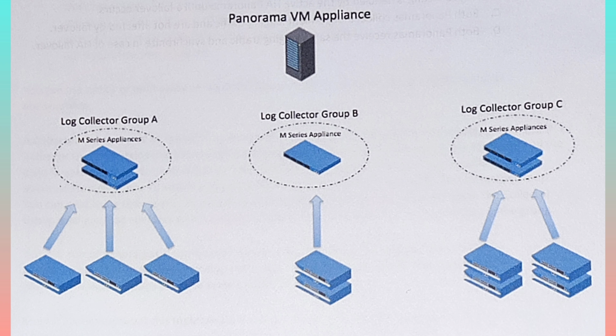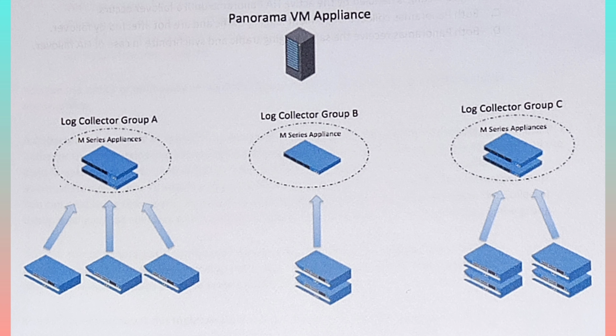Now let's understand, given a scenario, how we identify the strategy that should be implemented for distributed log collection. Log collection platform choices. When centralized logging is implemented, one design criterion is where log collection will occur. The options for log data collection are the Panorama management platform, a Panorama managed log collector, and a logging service. The choice of platform is driven by your anticipated logging volume and the network topology the logging data will traverse.